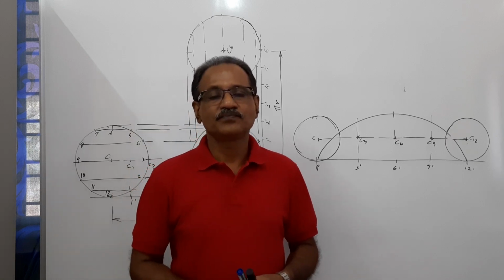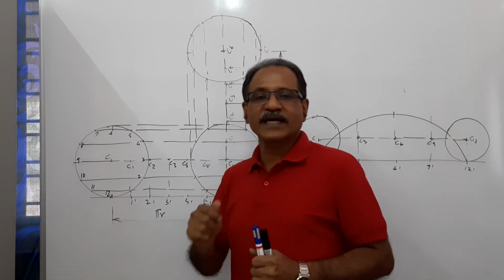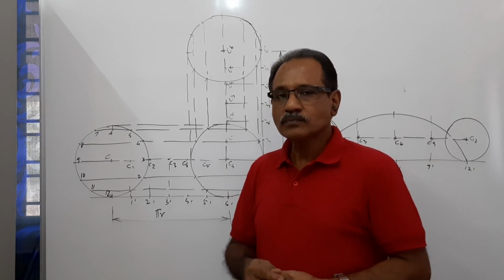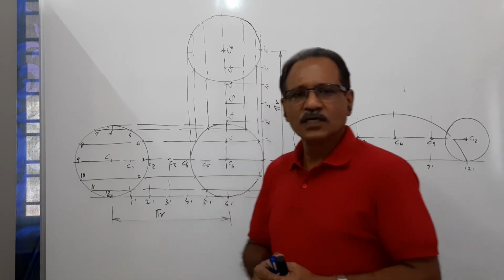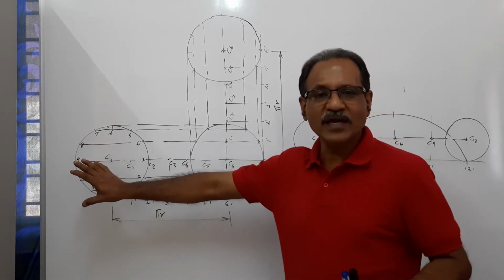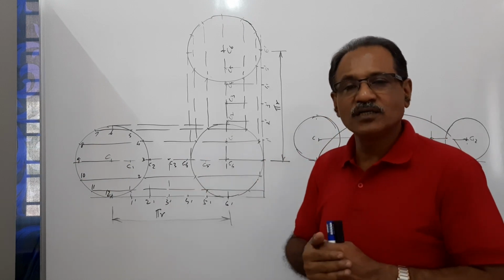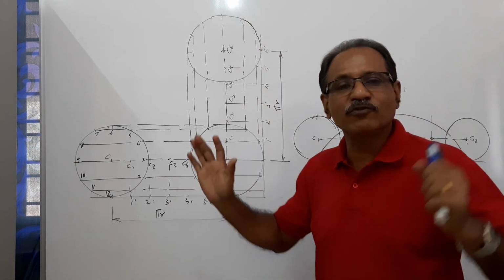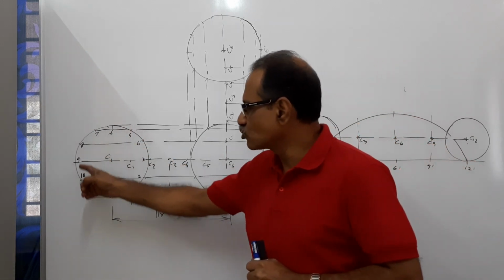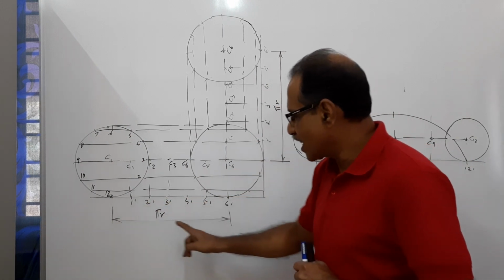Hi students, we are going to see a peculiar problem from cycloidal curves. The question says, a circle 50 mm diameter rolls without slipping for half of its circumference and then it meets a wall and it climbs up the wall for another half of its circumference. If this is the circle that is going to roll, when will it hit the wall after rolling pi r?